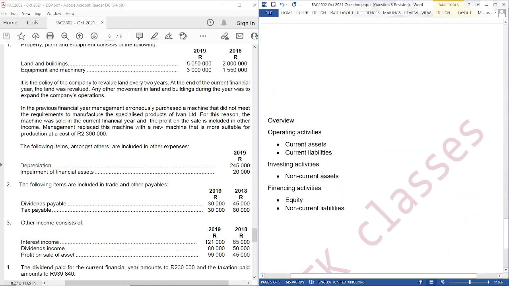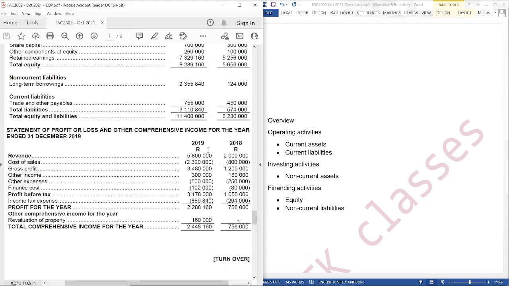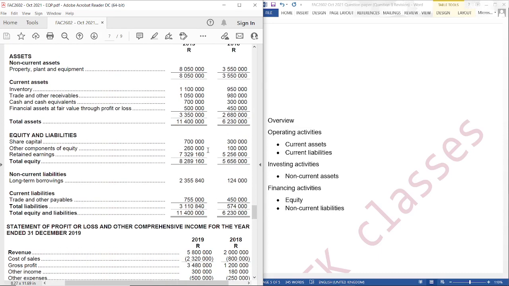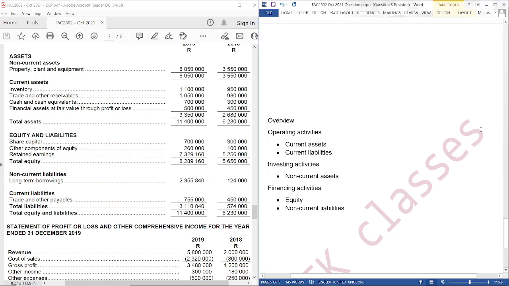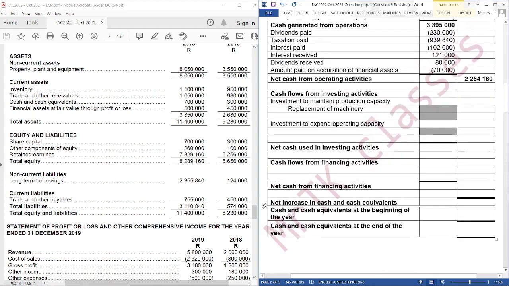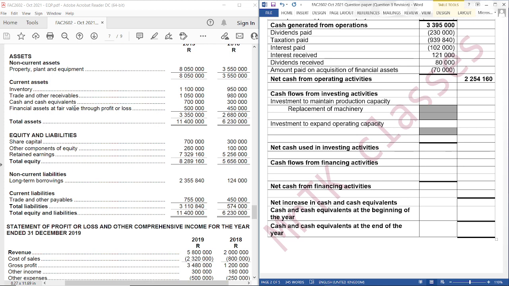So we said investing activities, we'll be looking at our non-current assets. All right, so before we do that, let's just check if we addressed all our current assets and all our current liabilities. Yes, inventory addressed, trade and other receivables addressed, cash and cash equivalents not addressed. The reason being, we'll address it here at the bottom. Financial assets addressed, trade and other payables, fine. Okay, then all right,